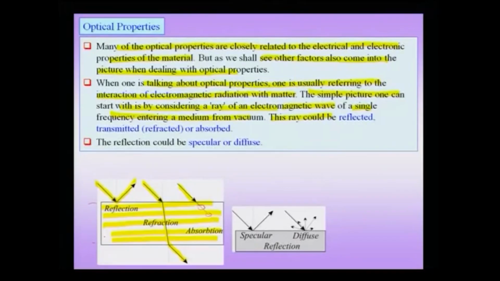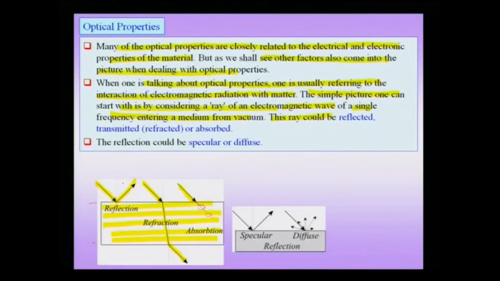Ultimately, of course, all the energy in the electromagnetic radiation will have to be converted into heat, and therefore, this absorption essentially implies that the energy in the electromagnetic radiation is converted into heat. When you are talking about reflection, of course, there is no system which is 100% reflecting or 100% refracting or 100% absorbing. So, you typically have a combination of all these three effects, and one of these may be dominant. If you take a highly polished silver mirror surface, then you would expect that such a system is strongly reflecting, and most of the energy is actually sent back into the medium from which the original ray originated.